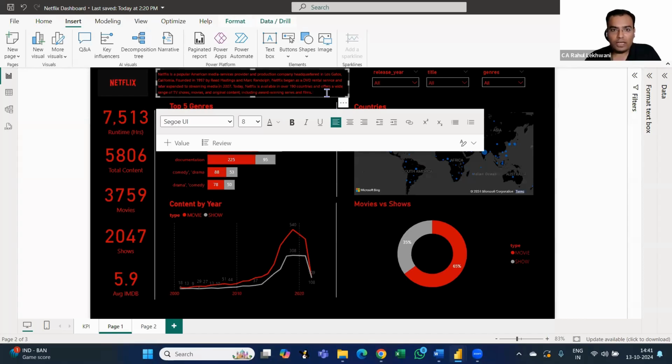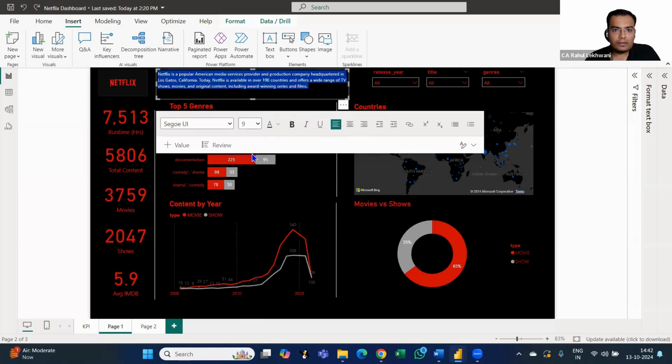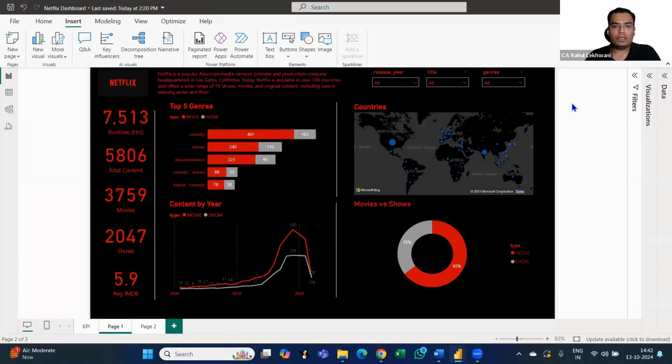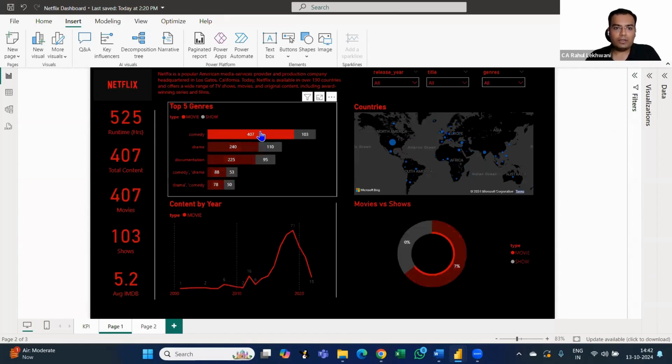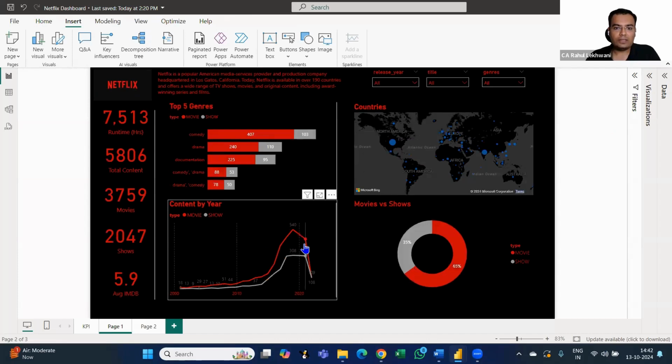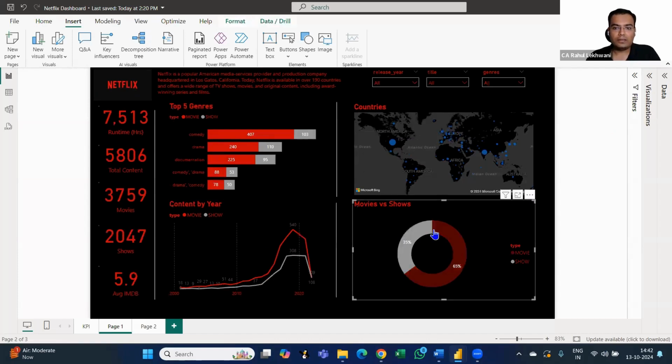Okay, if the text is not that visible, I can just remove some lines so that it can be visible. And here I'll just make it 9, or maybe 10 also will work. Okay. So in this way, you can actually show your dashboard. If you want, you can just increase the size of the logo. And now this looks way more appealing. And the best part is, even you can slice and dice this entire